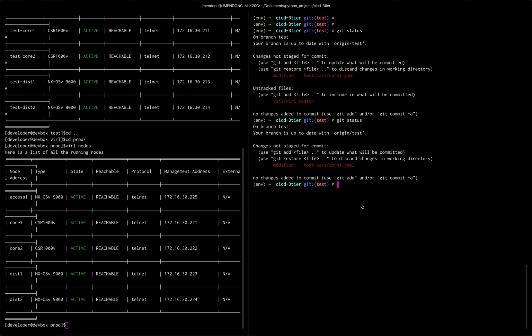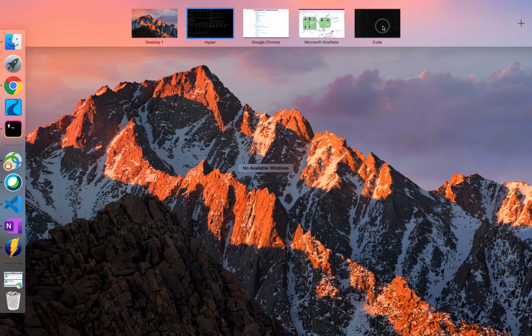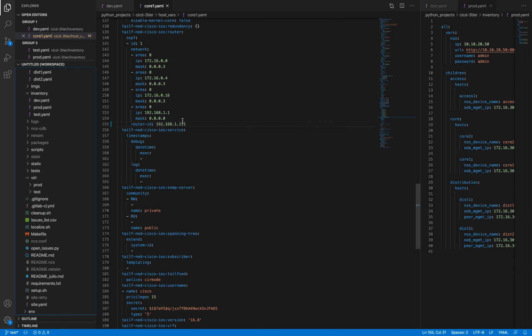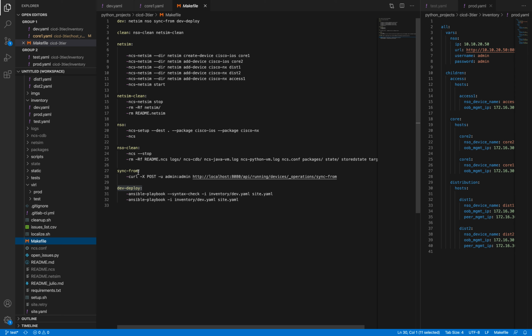So what I'm going to do now is, let's go to, where am I? So I'm here, yeah. I'm going to do a make, because I have to test it locally, right? I've just done the changes to the configuration, but I'm not sure if that is a valid configuration, right? So I have to go and do a make. A sync from is already done, so let me go and just directly deploy it,